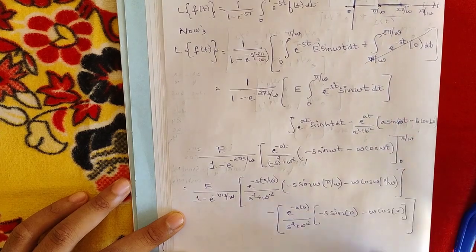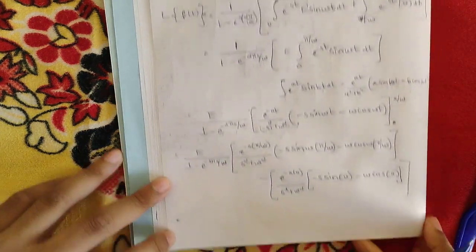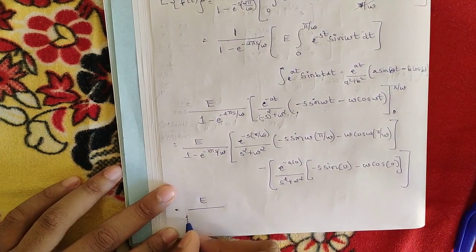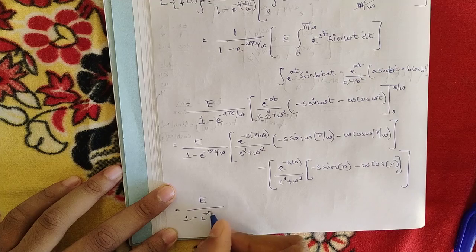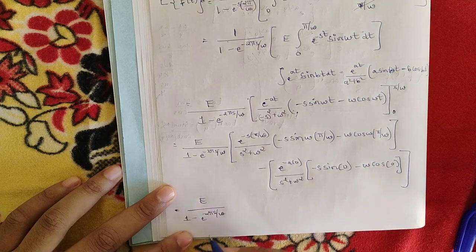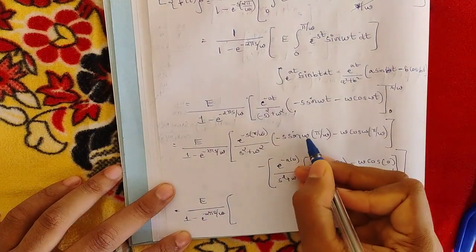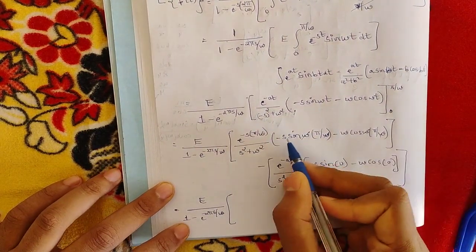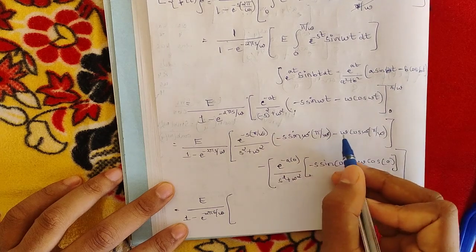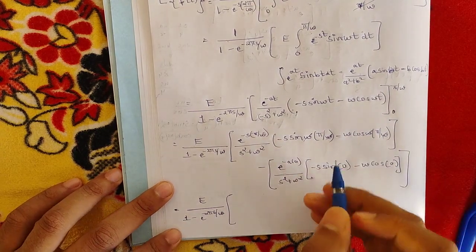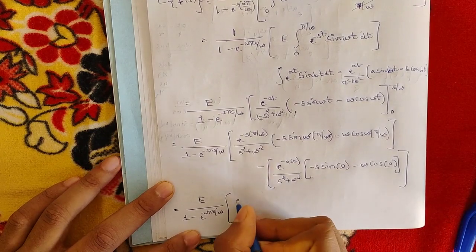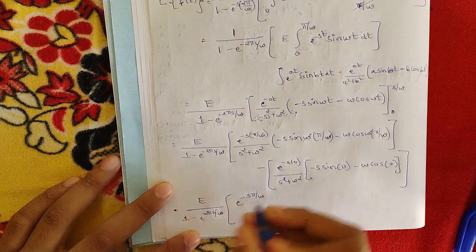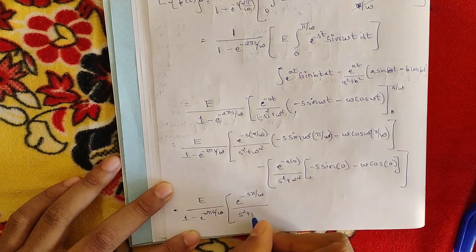Okay, so now we would be left with 1 minus e to the power minus 2 pi s by omega. So here omega into pi by omega, so omega gets cancelled. Here also omega gets cancelled. We are left with minus s sin pi minus omega cos pi. Okay, that is e to the power minus s pi by omega divided by s square plus omega square